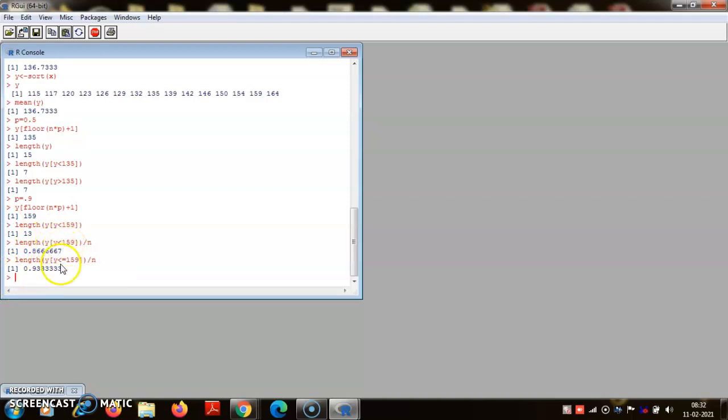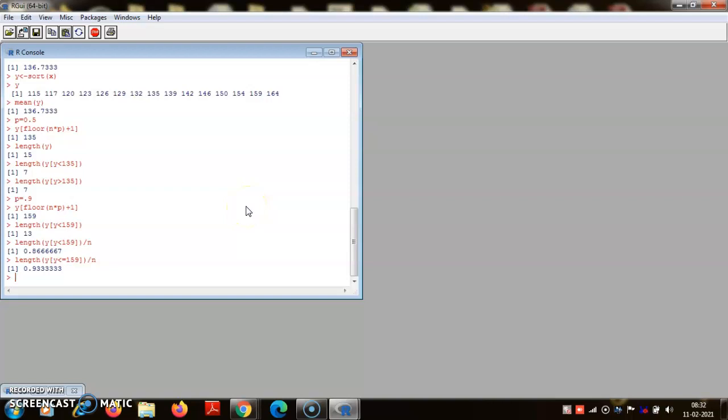Less than 159, less than or equal to, there is a difference, but roughly this, if you square up, then both these numbers are close to 0.9. Now this difference will become smaller and smaller as you have more and more data. With lesser data, this difference will look a lot more pronounced whether you consider 159 or not, but when you have a large number of data, that does not make much of a difference.